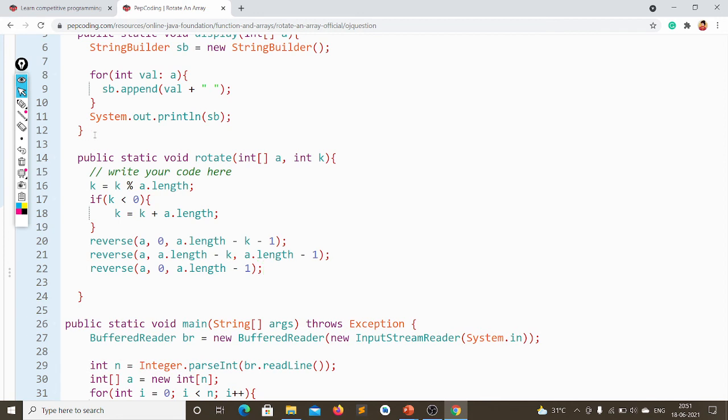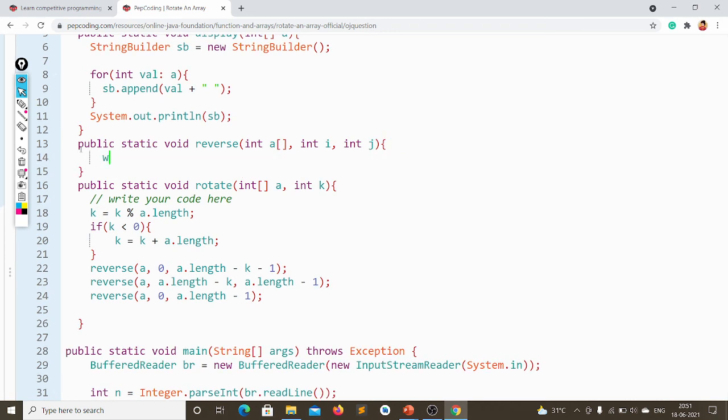Now I will write the reverse function. Public static void reverse. I will have some array, some int i and some int j.